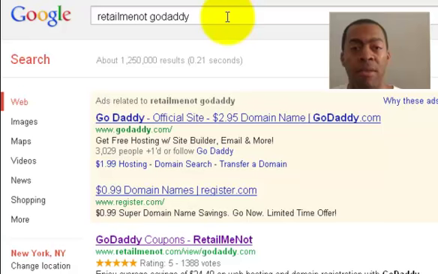But from what I have experienced in the past, there's one particular website that I enjoy the most, because usually when I go there, they have the deepest discounts on the coupons that they offer on a daily basis. So what you do is go to Google and type in Retail Me Not GoDaddy and search. And what you're going to get here is the first result here is